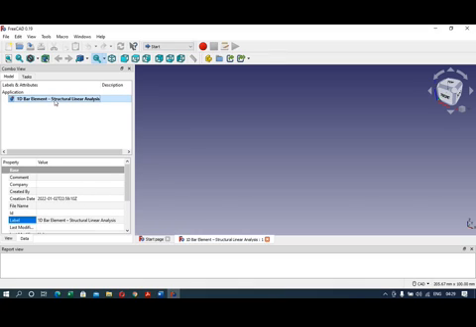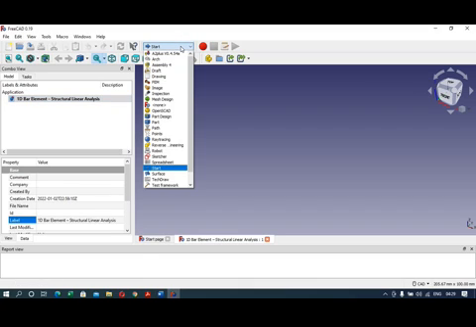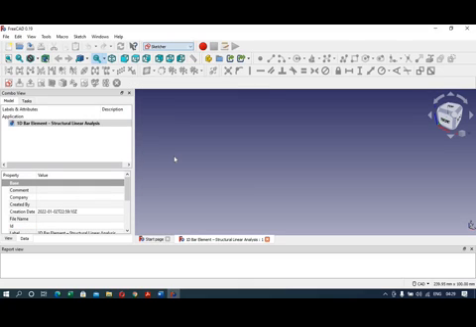Here a drop down menu is provided. The default option is Start. From this drop down menu you can select the Sketcher.